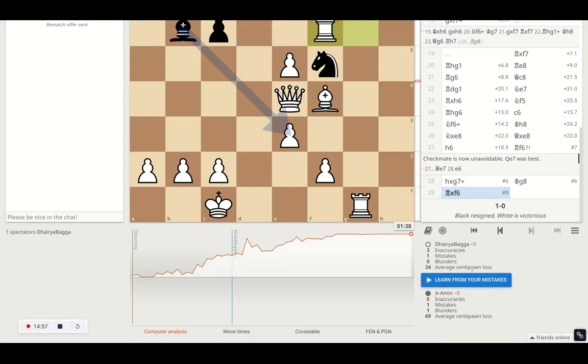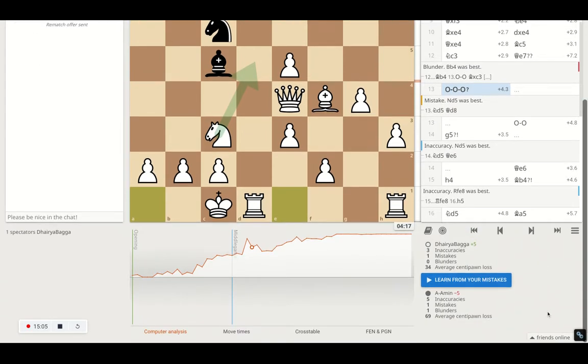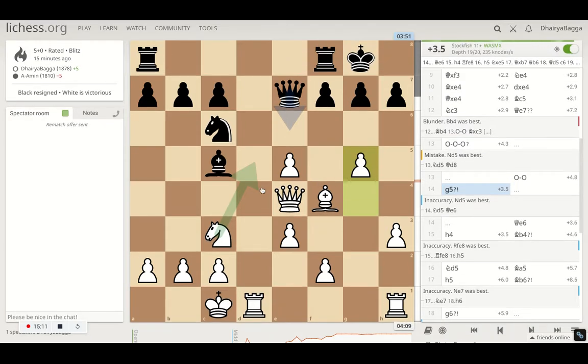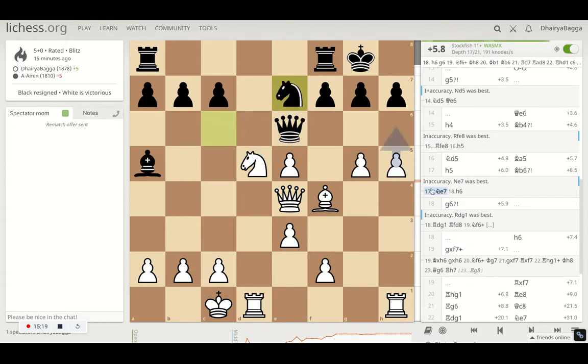Average centipawn loss of 34. One mistake, as per the computer, not getting your knight positionally strong on d5. Yep, that was one of the things. And inaccuracies are probably those where I played the pawns forward or didn't move the knight to d5 here, again counted as inaccuracy. Not moving the knight but pushing the pawns forward. But again, my plan was not